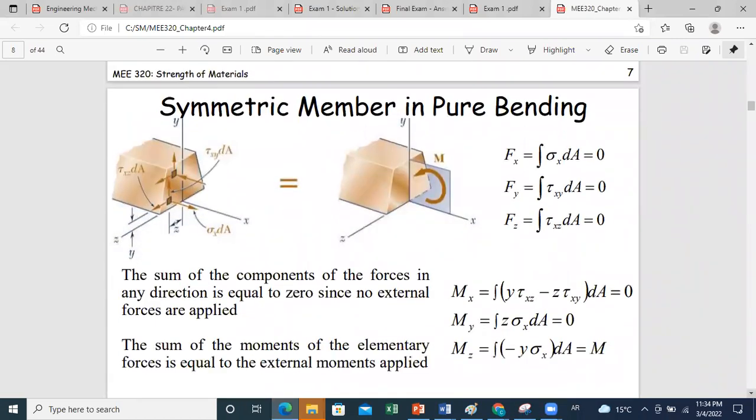From this definition, we'll be able to first do a general analysis of stress state and then relate the stress state to the case of pure bending. Let us consider the most general case. If we have a section and we want to know the type of stresses at any element of the section,